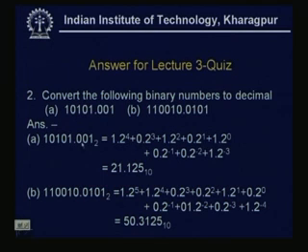Similarly, 0 into 2 to the power 3 plus 1 into 2 square, 0 into 2 to the power 1, 1 into 2 to the power 0, and the non-integer part is 0 into 2 to the power minus 1, 0 into 2 to the power minus 2, 1 into 2 to the